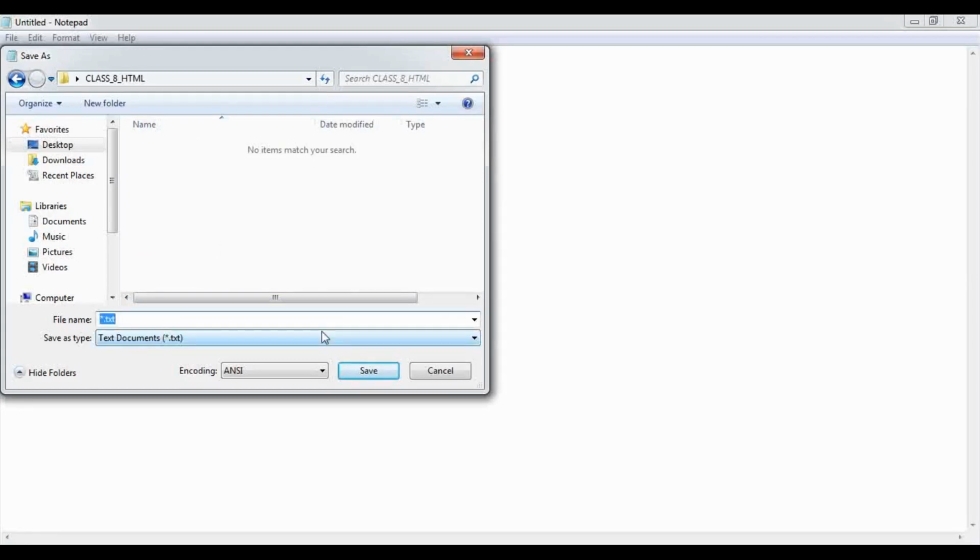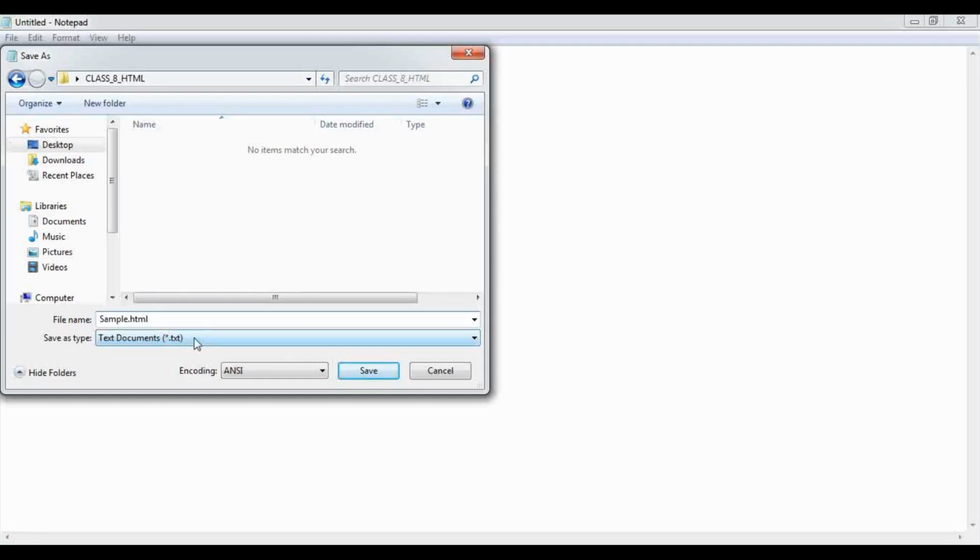Just enter the name of the file. Let's say this is my first file, so I'll give the name as sample. After the file name, you have to enter the extension .html. This is a must. After entering the file name, immediately type .html. Do not give any space before typing the extension. Now if you look here, children, this is an HTML file, but in Save as type, it displays text document.